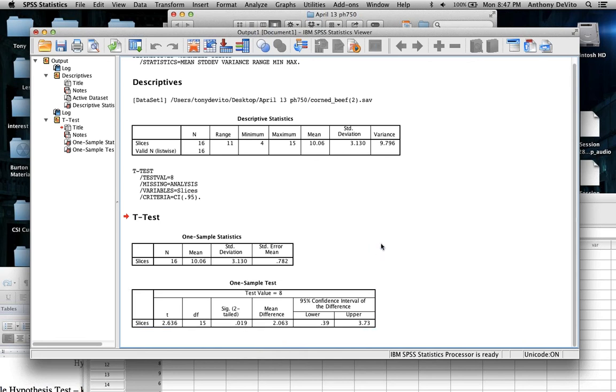Okay, so what does the t-test do? A t-test takes your sample, compares it to another sample mean or to a fixed value, and so forth, and tells you whether or not those two values are far enough apart for you to say that those two population means are really different. Okay,